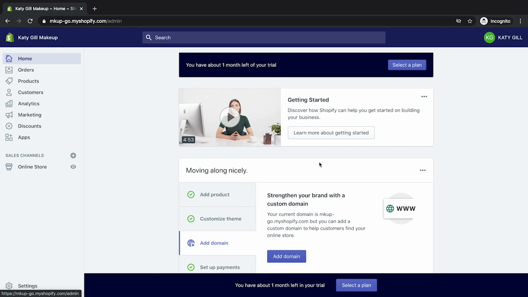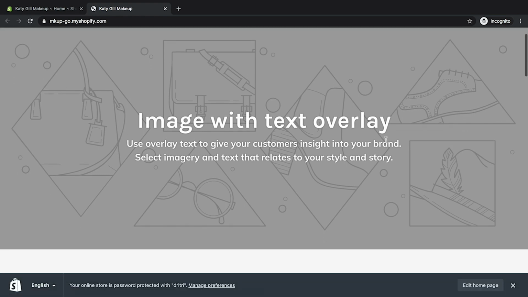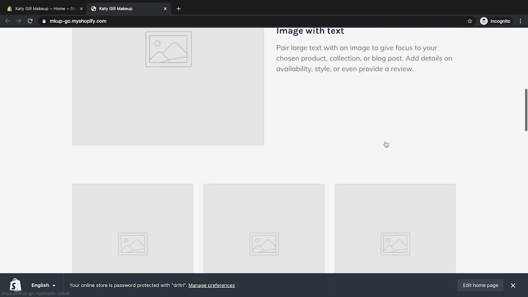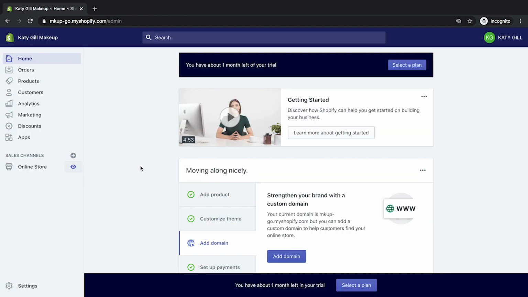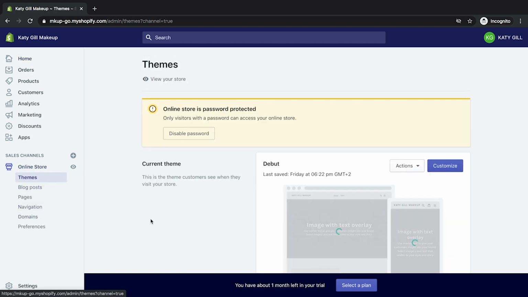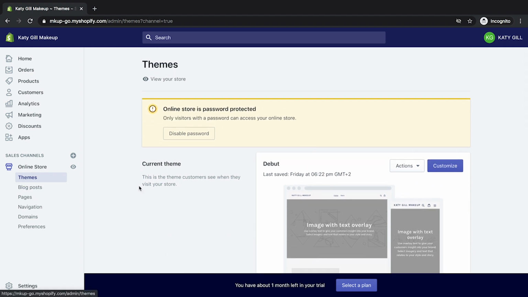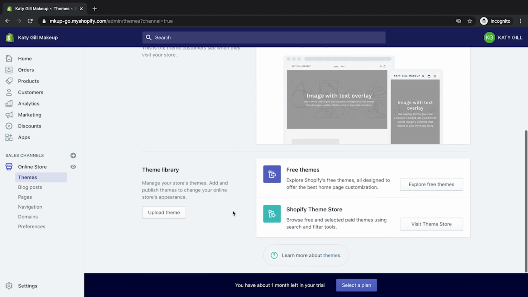Let's begin. At the moment, when you click on online store and you can view your store here, you can see dummy content, and it's the default theme, pretty much like I showed you when we were setting up the account initially. So what we want to do is actually choose a theme, which Katie has done. We've been through this and we had a look at a theme that Katie wants to use before we started recording the videos. So you click on themes. At the moment, you can see it's a debut theme, which is the current default theme that comes with Shopify. What we want to do is add a new one.